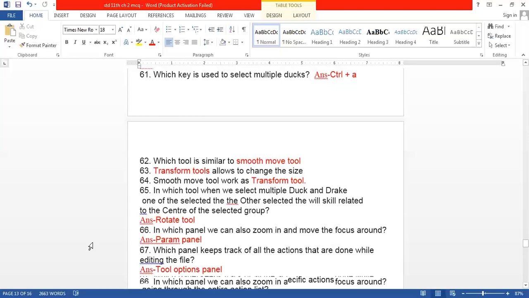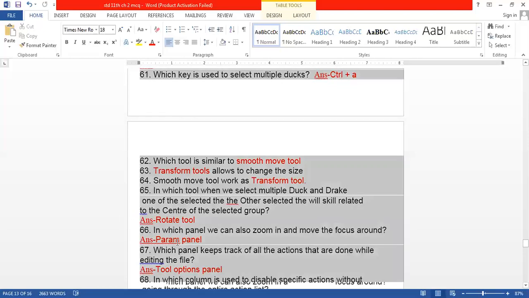Here we are using the rotate tool if you want to move the angle by 90 degrees, 180 degrees, 360 degrees. At that time, first you have to select by the transform tool, then mouse right click, select the rotate tool, and you will see on the screen the dots will be converted into blue dots. When they have converted into blue dots, now you can rotate your image or any pictures or any objects.